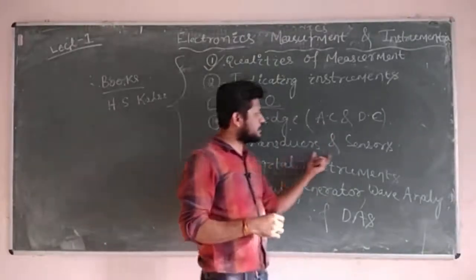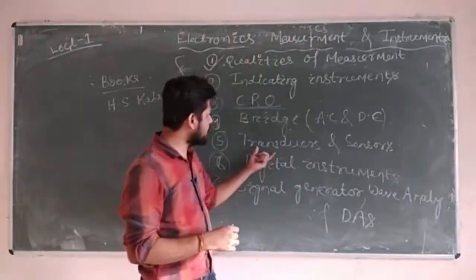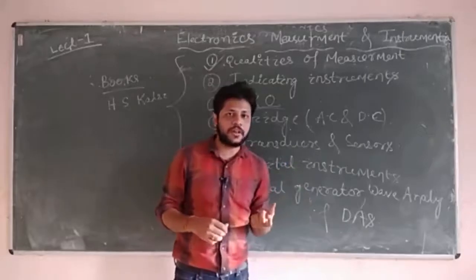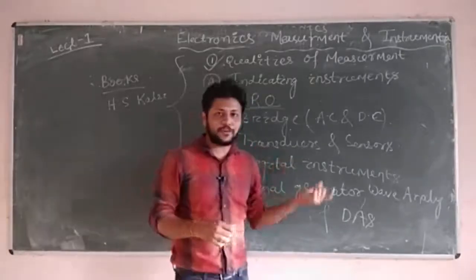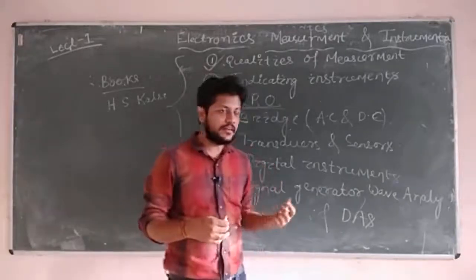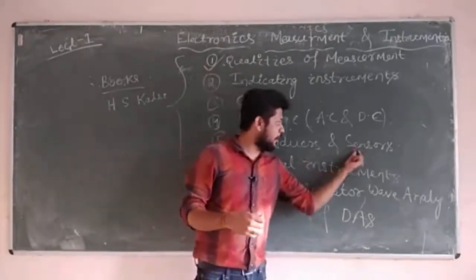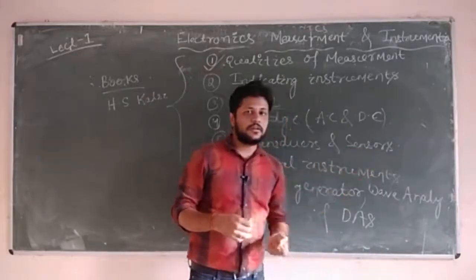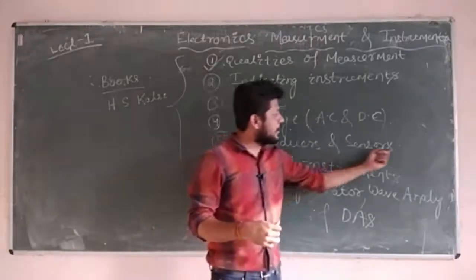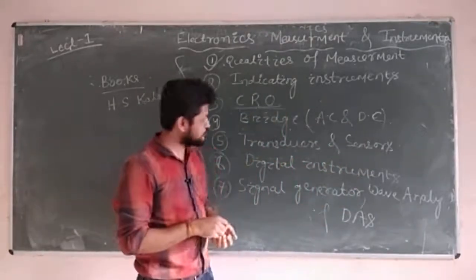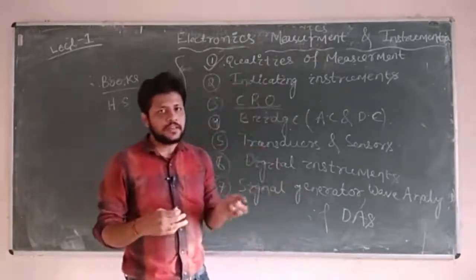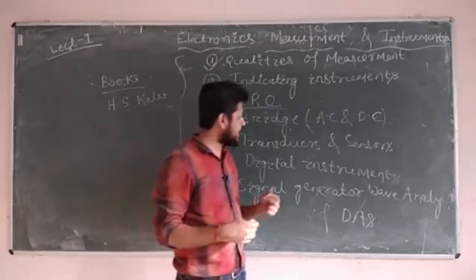Then we will have transducer and sensor. This is very important, and obviously we come across transducers in your daily life. For example, a microphone, which is used to convert the voice signal into electrical signal. So that is your transducer, and of course you know about the sensor. There are various types of sensor. We will study about this. These are particularly used to measure mechanical signal, which we will convert into electrical signal. Then we measure, and then again we will convert it into mechanical signal.